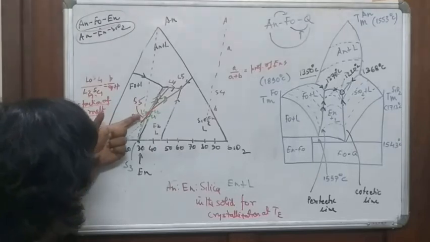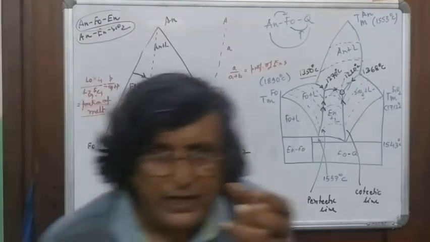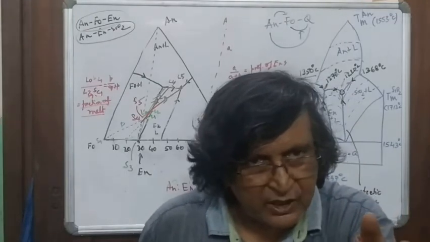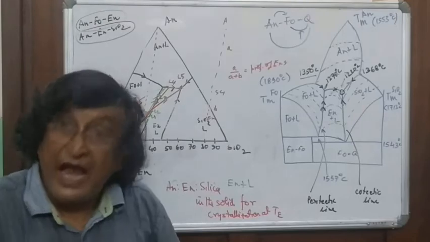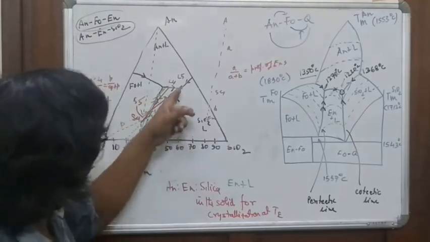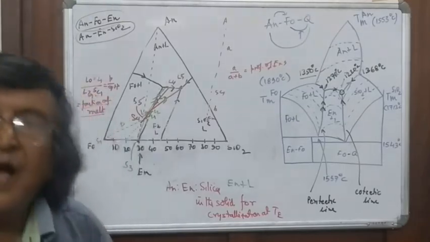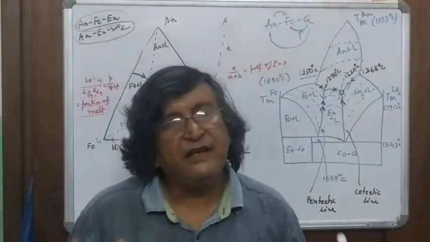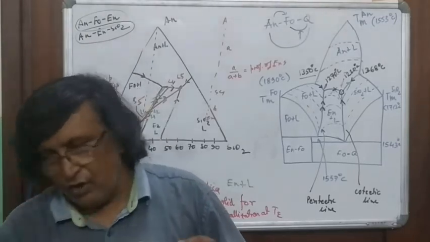And the solid starts to move in this direction and reach L0. How will you find out what is the proportion of anorthite, enstatite, and silica in the solid and in the liquid? Liquid you can find out for crystallization at the temperature we take. How will you find out? I think I have taught enough so that you can find a way to find it, or read the book